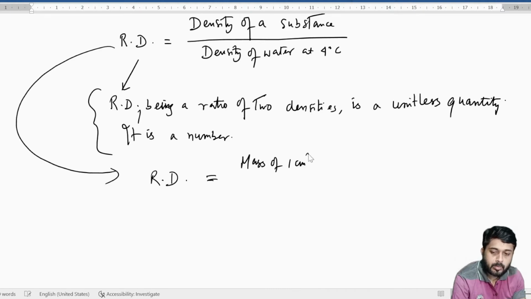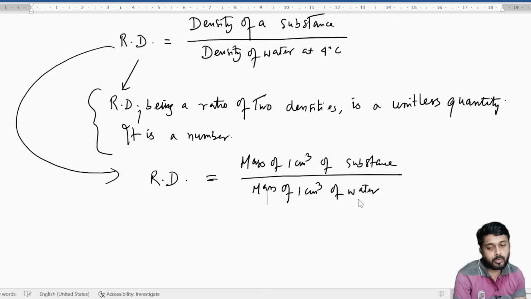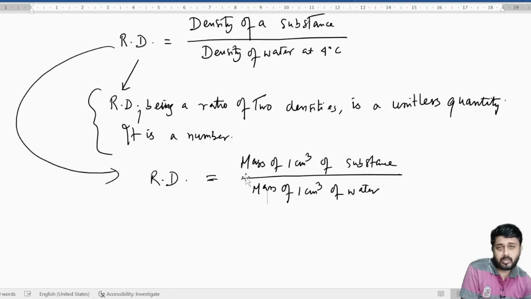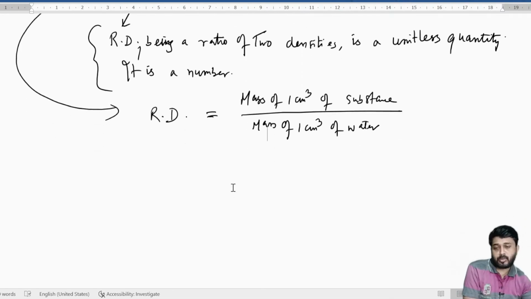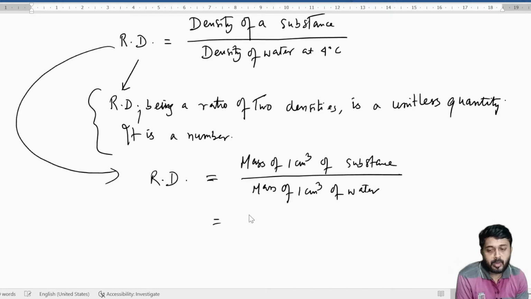Mass of 1 centimeter cube of the substance divided by density of water, mass of 1 centimeter cube of water in CGS system. Because what is density? It literally is nothing but the mass per unit volume, isn't it? So unit volume is what I've taken in CGS unit, 1 centimeter cube of volume, right? So if I multiply both numerator and denominator with V, the mass of V centimeter cube of the substance